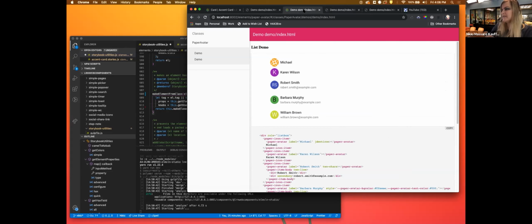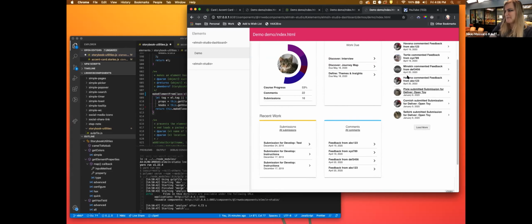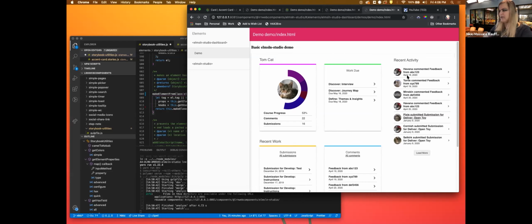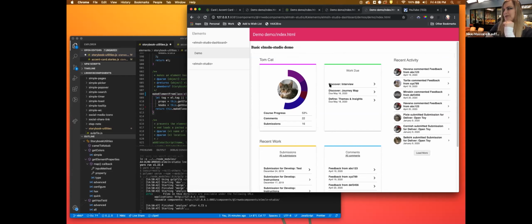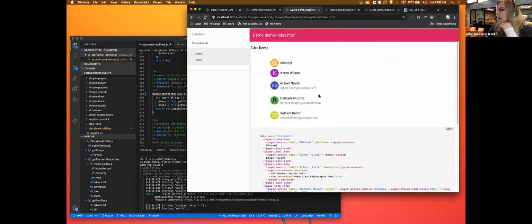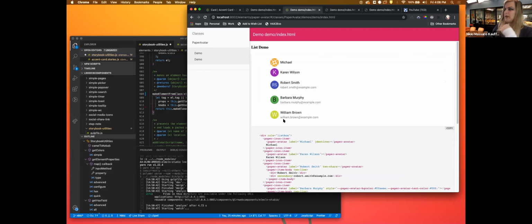The other piece of that is, with web components and with the process, you take these big problems and you break them down into smaller problems until you have smaller and smaller reusable components. So I have these cards, I have this list, and then I broke the list down into these little pieces within the list. And within those lists, there's also this avatar piece, which we've had before. Both as this paper avatar, and paper avatar is basically allowing you to have a unique icon generated or initials generated, or you can actually add